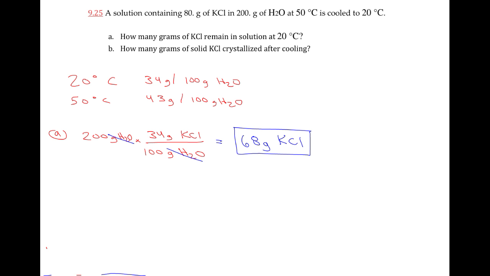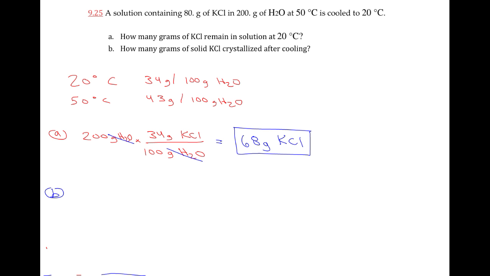Where's the rest of it going to be? Well, the rest of it would be precipitated out of the solution or crystallized. So how many grams of solid potassium chloride crystallized after cooling? So crystallized just means that the solution was cooled slowly and the potassium chloride formed crystals. So the amount